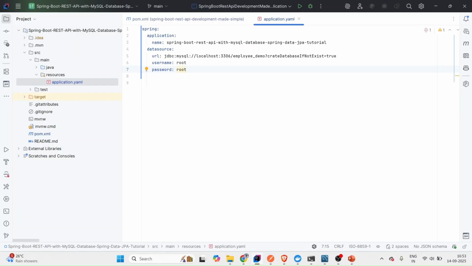So guys, please make sure whenever you are using a YAML file, don't assign values like this. After the colon, you must give a space and then type your value. Otherwise, your YAML file will be invalid and there will be an error. So this is the username and password of my MySQL database, and then I'm going to define some